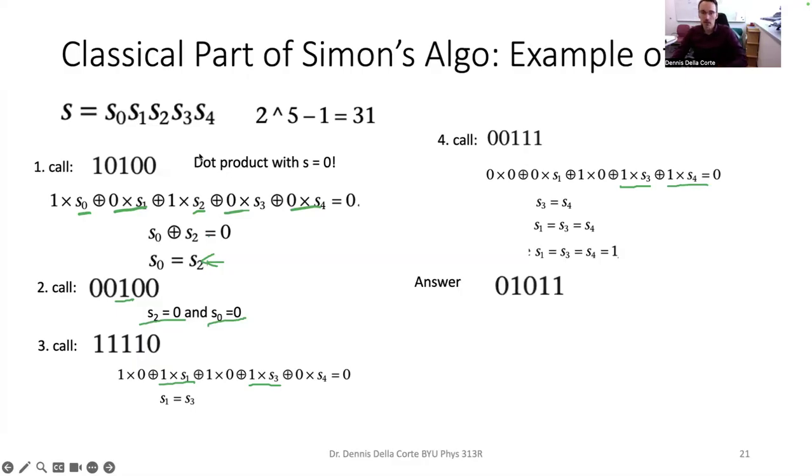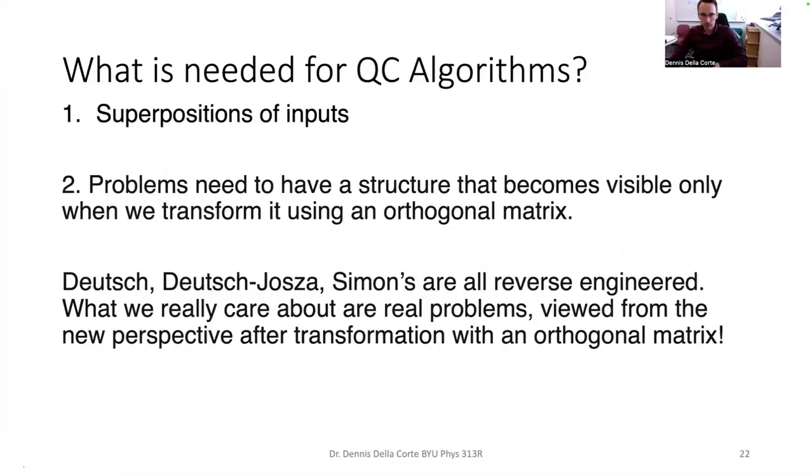Great. So that's Simon's algorithm in a nutshell. So in general, if you want to build a quantum algorithm, what are the parts of the mixture that you need? First, you typically can't get away with just plugging zeros and ones in. You need to use this idea that you can put the problem into a superposition. And if you put the inputs into superposition, sometimes you can do smart tricks. The smart trick typically involves restructuring the problem through a transformation with an orthogonal matrix